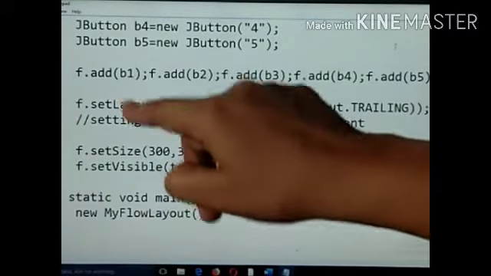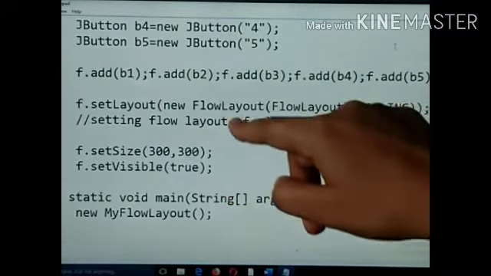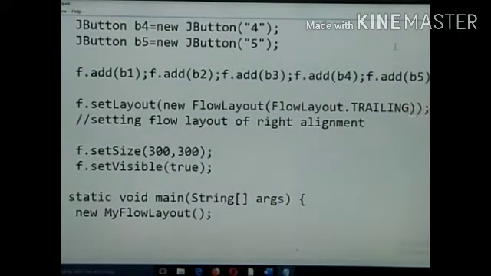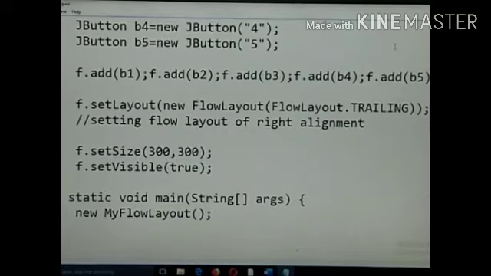So f.setLayout will have a new FlowLayout with trailing, I have given trailing. You can give right, center or left as you wish. Leading, trailing, right, center, left. So leading and trailing will act as left and right. Center will be in the center.